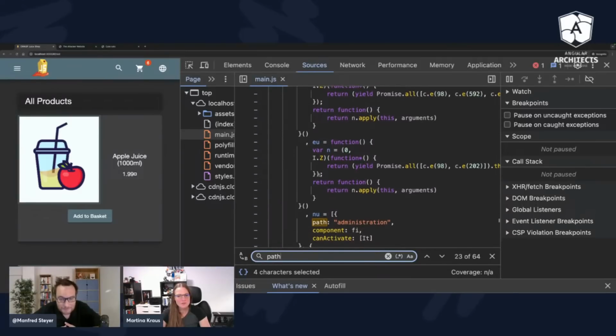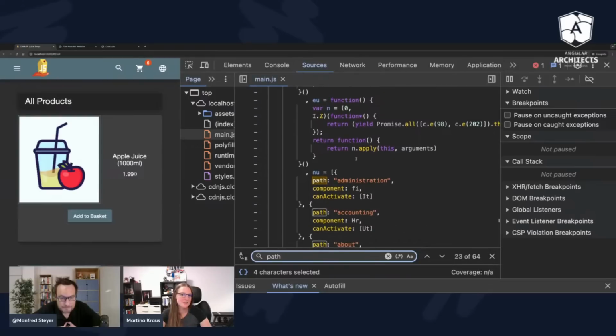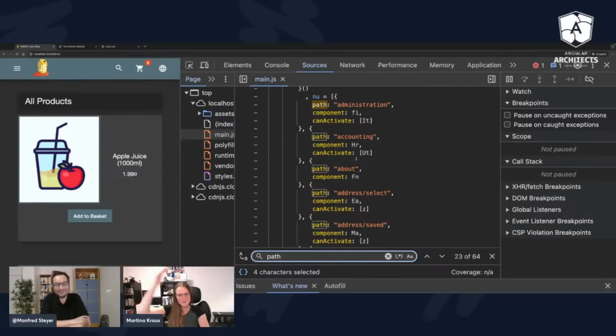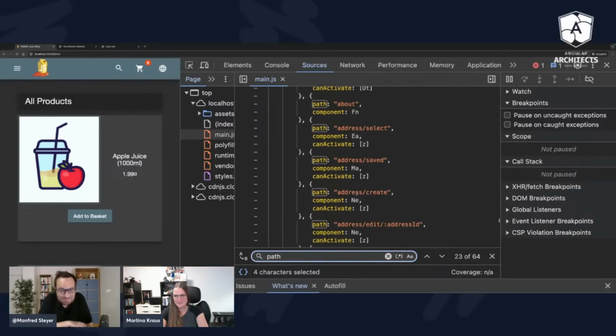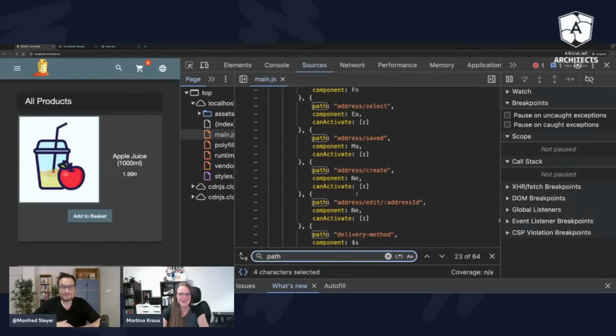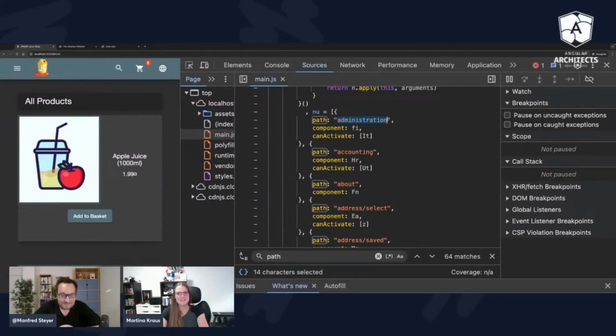Yes, absolutely. You can just try to figure out all of those. I just take one of those you said, and it's path. Here we have, okay, good, all the path objects. We have a lot of those, but we have already seen the one I'm looking for. It's administration. So we were close. I tried /admin, but we were close.